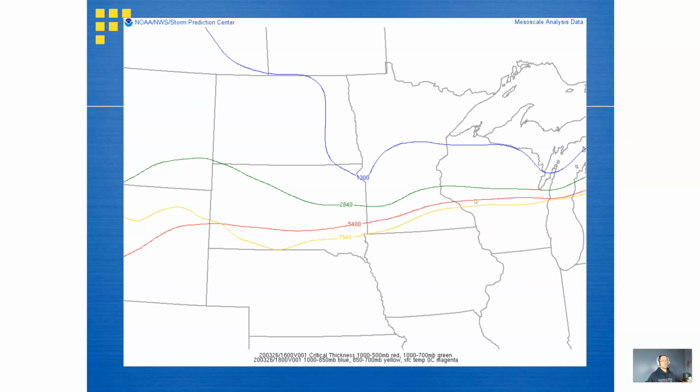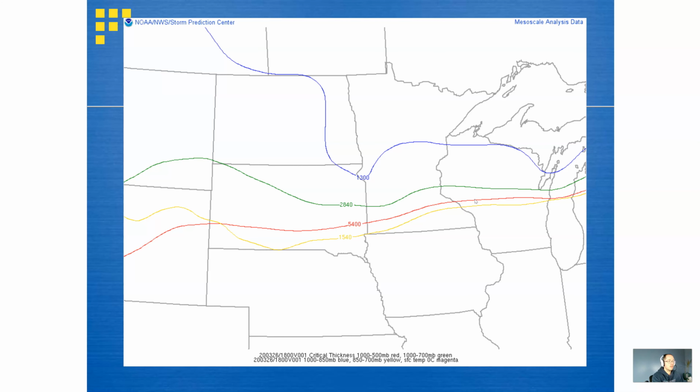And so this is just a quick snapshot of some of the thicknesses going on here Thursday afternoon. This is taken from the Storm Prediction Center. And so one thing that a number of different entities will put out is a product looking at what's known as critical thickness values. And so if you look at the key at the bottom, you'll notice that we have 4 lines here, and they're all going to correspond to a different thickness.